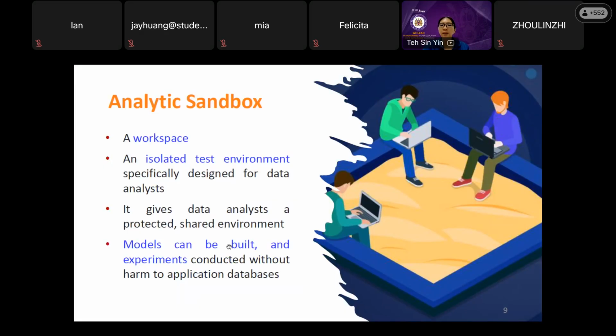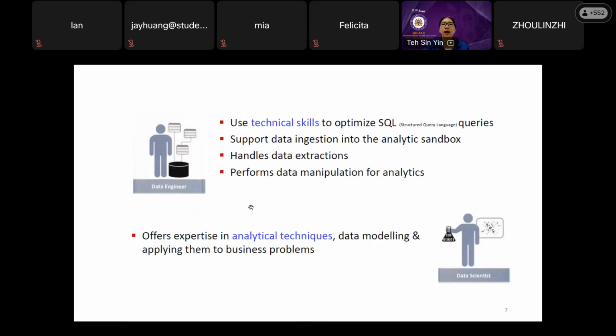The model can be built and experimented with using simulation conducted without harm, without disturbing the actual database application. So imagine this is like a sandbox. You put the sand inside, then everyone is trying to build a castle, build a house, and so on. All right. Okay, so come back to here.